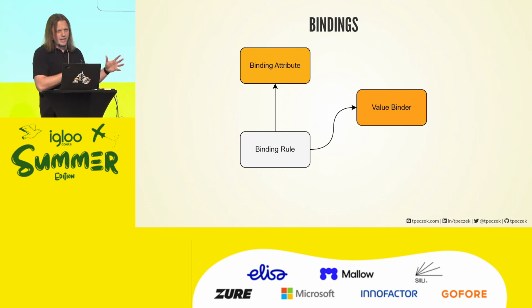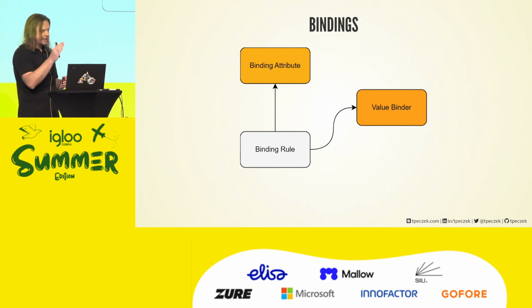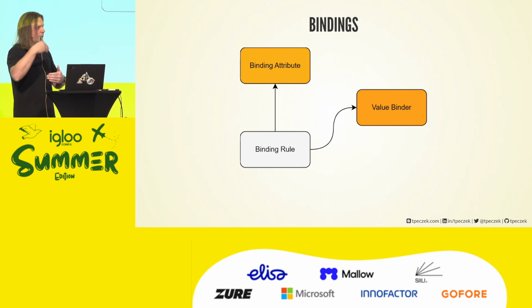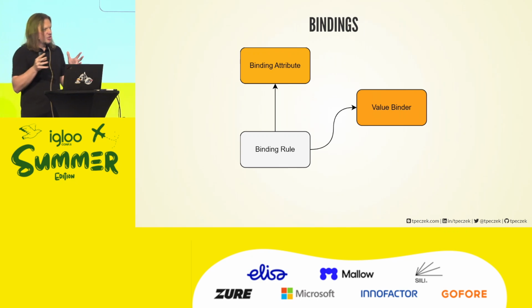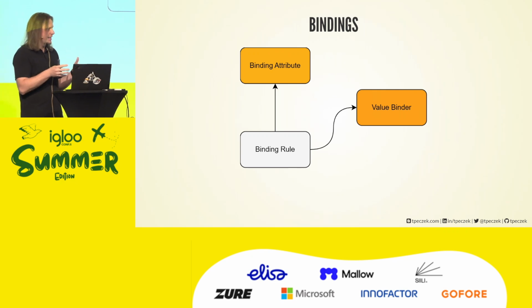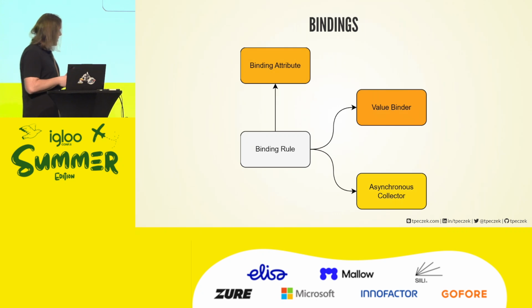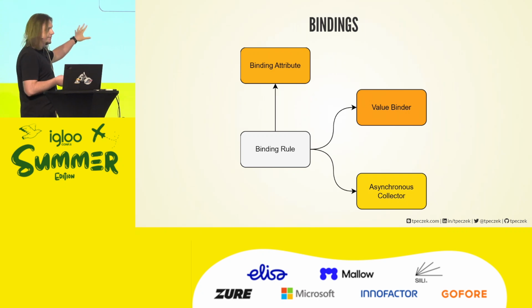And in Azure Functions, you can do the same thing. You can get a value on the input, modify it during the execution of the function, and it will be updated on the output when you're finishing your function. But generally, we don't do that anymore, right? We want our code to be clear, readable, so we want to return our data explicitly. And there is a separate component for that, the asynchronous collector. And basically, from the bindings input and output perspective, this is all there is.